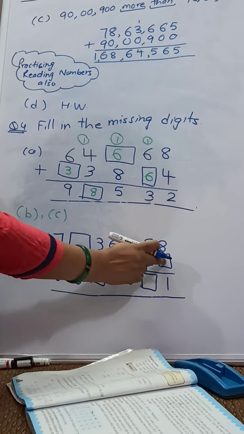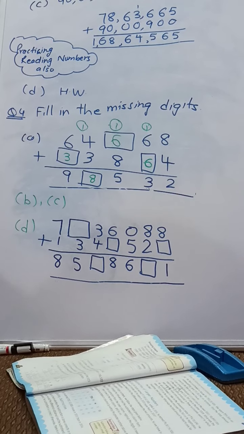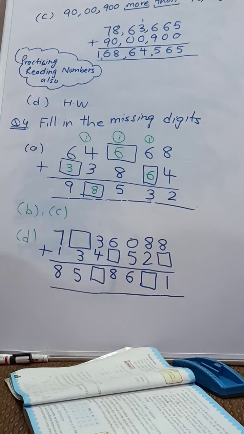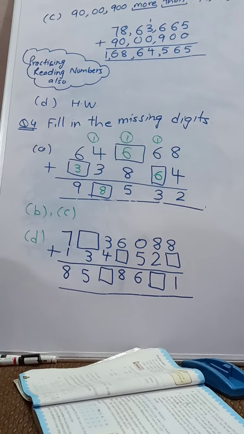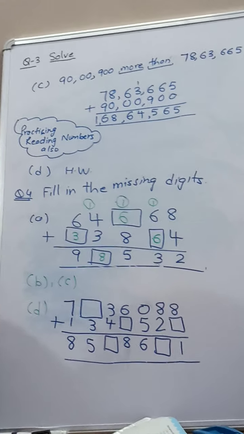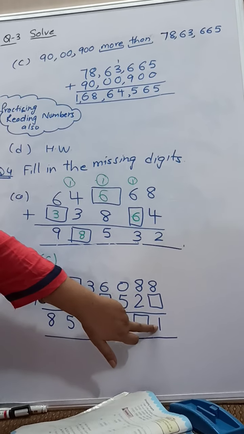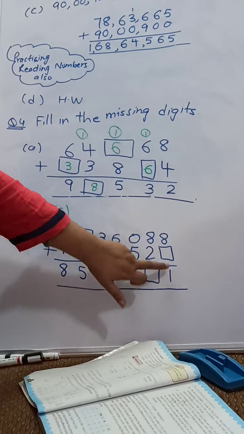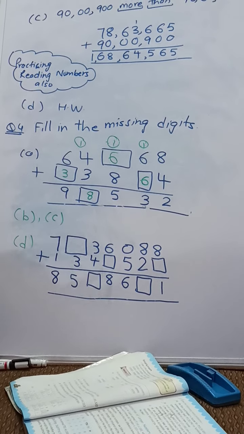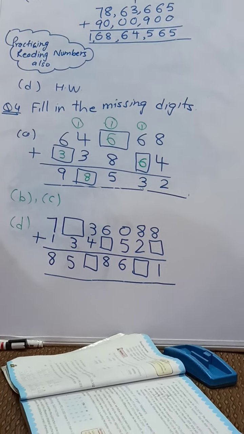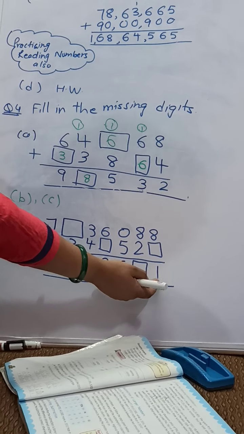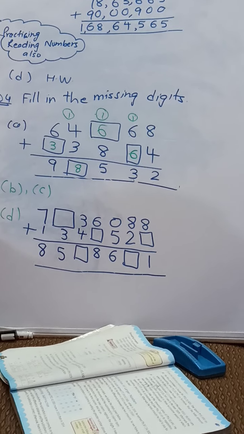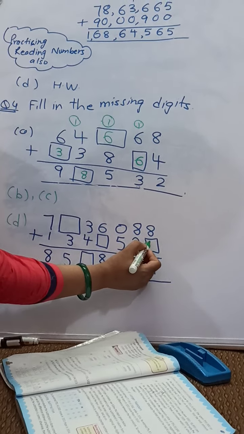Now 8 plus some number has to be 1. But it's not possible. If I add any number to 8, I cannot get 1. Because on adding some number to 8, it has to be something more than 8. But here it is written 1. Obviously, this means that it was a 2-digit number and some carryover is there. So we will go for the smallest 2-digit number, which is having 1 at the ones place, that is 11. So 8 plus what number is 11? 8 and 3 is 11. So I will write here 3.